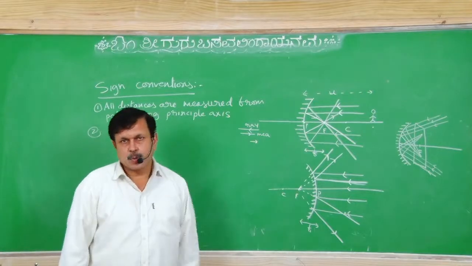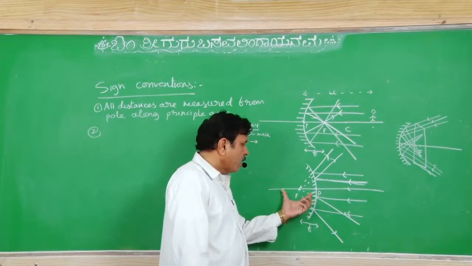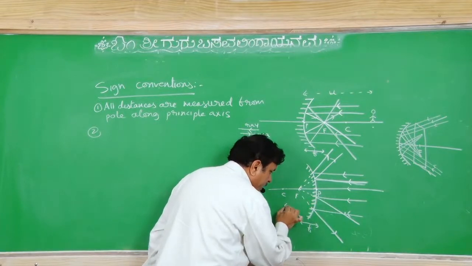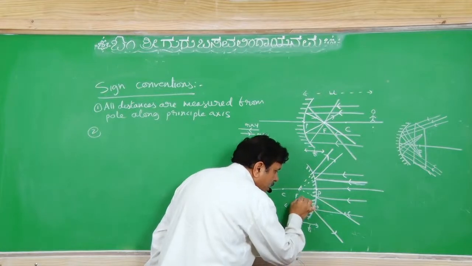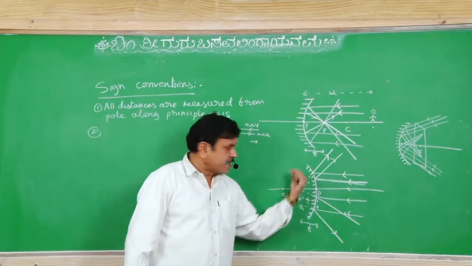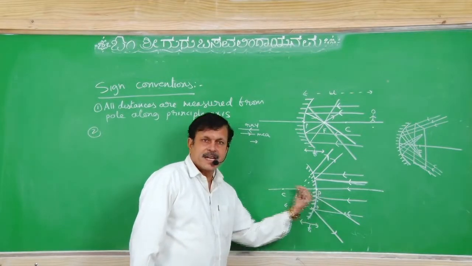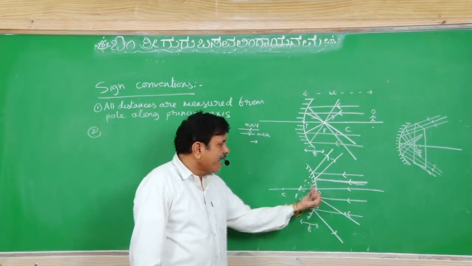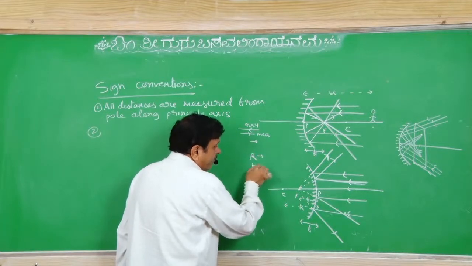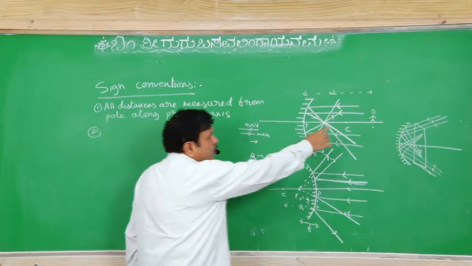Right? If the ray is traveling like this and we are measuring in this direction, then we will take the distance as negative. Now over here, say we want to measure the principal focus or center of curvature. So in this case, P is over here. This distance will be the radius of curvature. This distance will be the focal length. The ray is traveling like this. From P, to measure any one of them, how do we have to go? We have to go in the same direction. So that's why these distances are taken as positive. So here R and F will be taken positive in this case. Now in this case U will be negative.